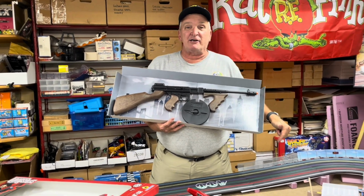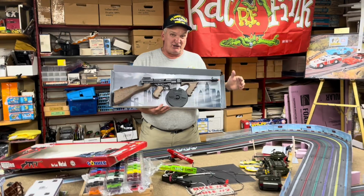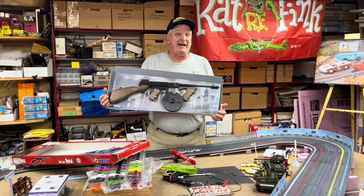It goes with slot cars because there are two things that go together: slot cars and guns. And we got both of them at